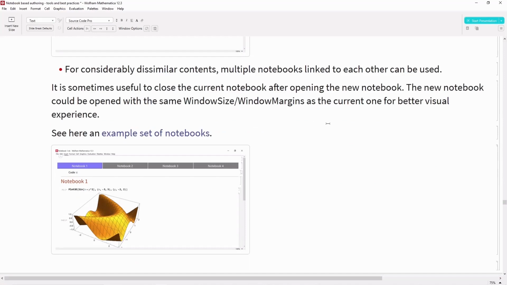If you want to give a nicer appearance to your notebook presentation, you can always close the previous notebook and make it look like the next notebook is appearing. So here's an example.